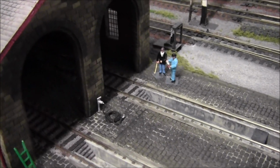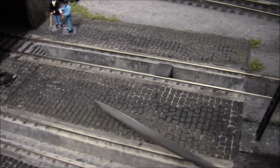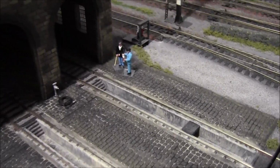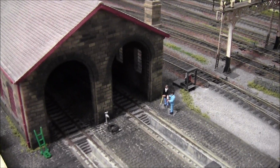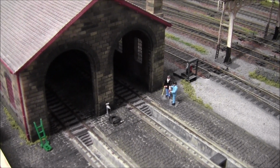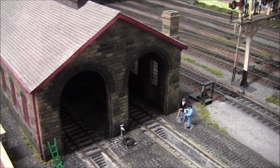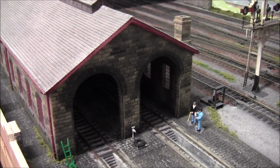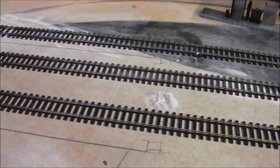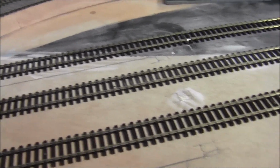Okay, we're over at the engine sheds at Newcastle, and see the cobble effect here I've got here. I'm going to do exactly the same over at the diesel yard. So at one point the diesel yard would have been a steam yard, but because of modernisation, the diesels have taken over the shed area. So the cobblestones that you've just seen over at the Newcastle sheds, I'm going to replicate here